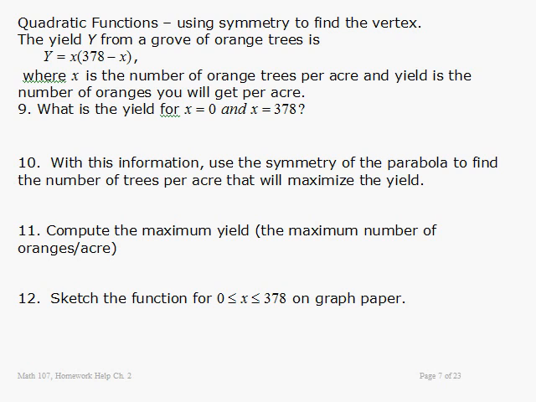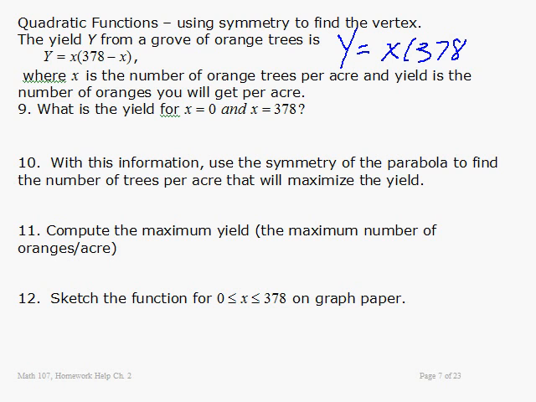Okay, here's another quadratic function, but it is in a special factored form. In fact, it is already factored. And I want to give you this, not so that you go back and do it the brute force way, but that you start looking at the function and picking out what's going on with it. All right, so here is the function. y is the yield. It's the number of oranges I'm going to get off my orchard of orange trees. And x is the number of trees that are planted per acre. So here's x,